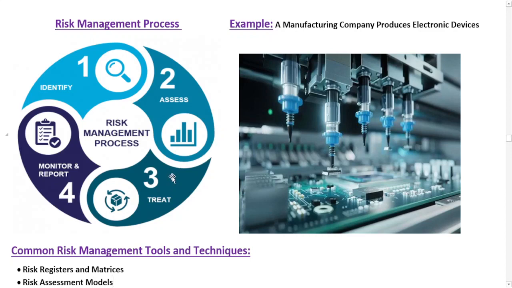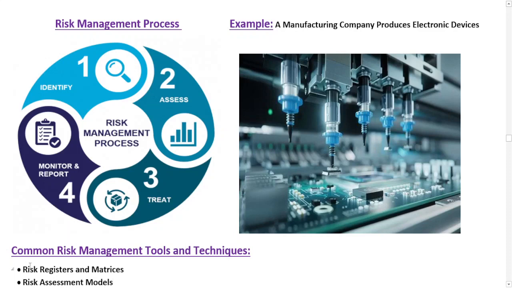and maintain buffer inventory. The fourth step in the risk management process is risk monitoring and review. In this step, the manufacturing company regularly needs to monitor identified risk and the effectiveness of control measures. They also need to review and update risk management strategies as needed. For example, the manufacturing company monitors its suppliers' performance. They also need to assess the impact of any new potential risk, and they have to make adjustments accordingly. That is the reason why I said that risk management is an ongoing continuous process. So this is the process of risk management.